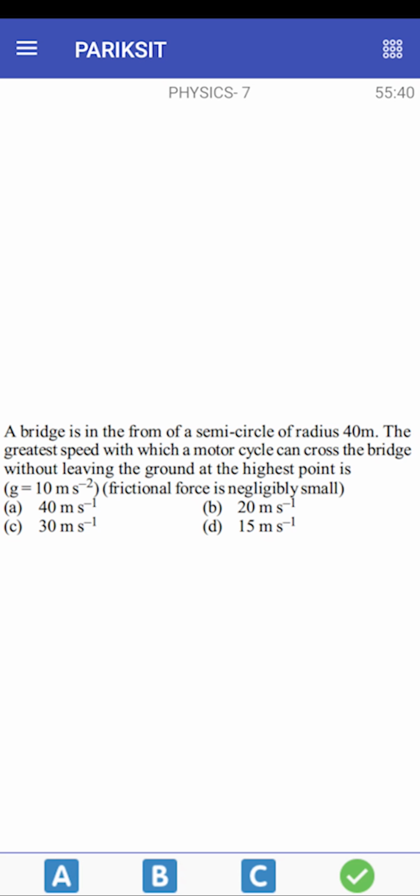It is actually not recommended to receive any call in between the examination. So in case you will receive some call, simply cut it. Don't minimize the screen for more than 15 seconds. In case you will be minimizing the screen for more than 15 seconds, your examination will automatically be submitted. So please take care that the screen should not be minimized for more than 15 seconds in any case.